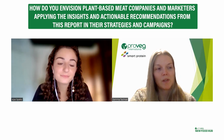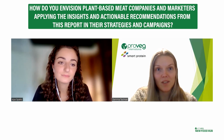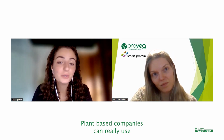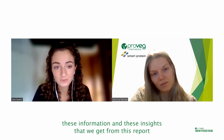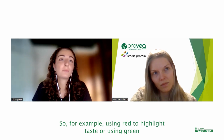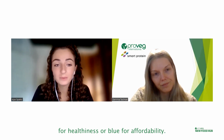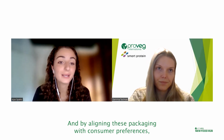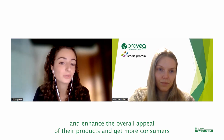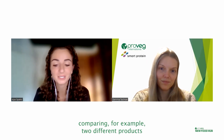How do you envision plant-based meat companies and marketers applying these insights and actionable recommendations in their strategies and campaigns? So plant-based companies can really use the insights that we got from this report to strategically leverage colors based on the identified associations. So, for example, using red to highlight taste, or using green for healthiness, or blue for affordability. And by aligning their packaging with consumer preferences, the companies can effectively communicate key attributes and enhance the overall appeal of their products, and get more consumers to choose their product when they're at the supermarket and comparing, for example,